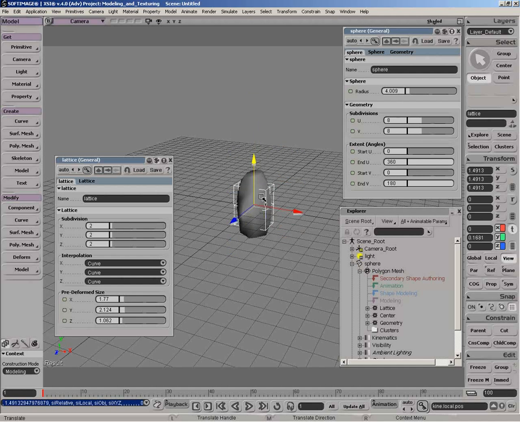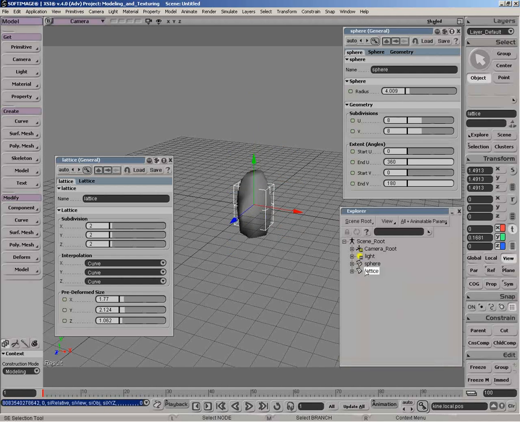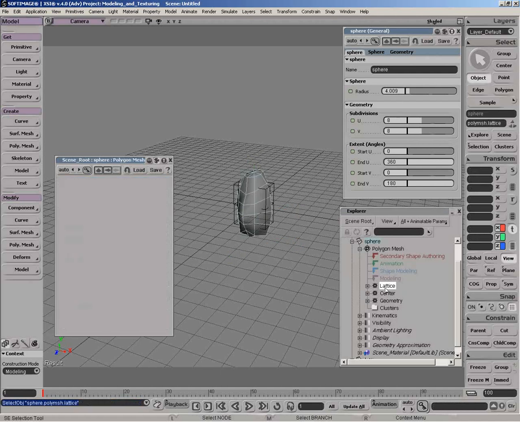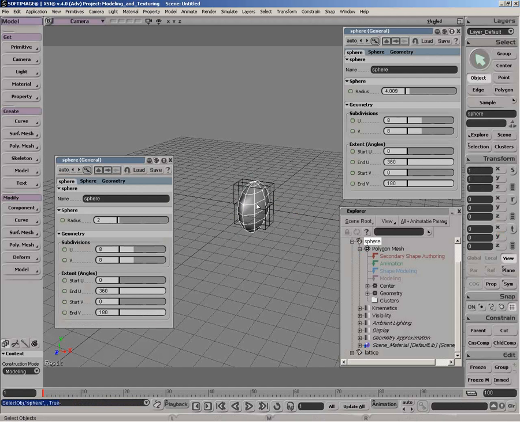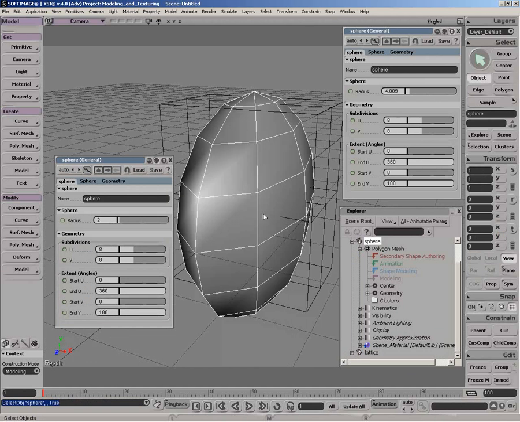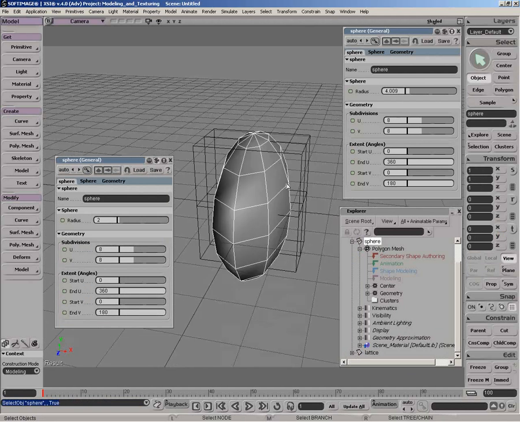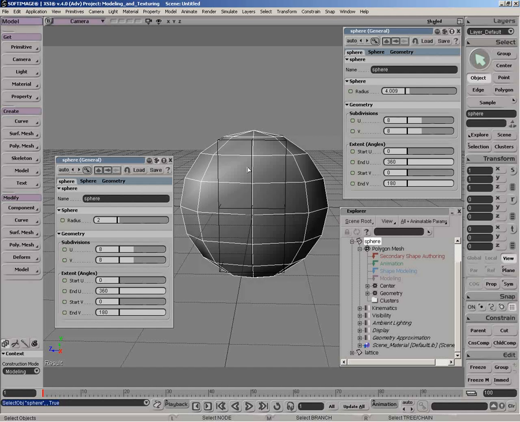It doesn't apply it as a child of the object, rather it's the scene root here, so it gives me a bit more control like so. It also means that if I were to remove this deformer, I can apply it relative to components. Anything can be deformed when it's a component, just in the same way an object can. If I were to tag some points here, maybe grow this selection,